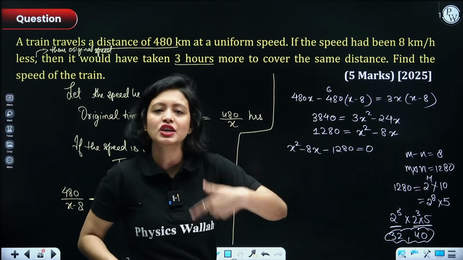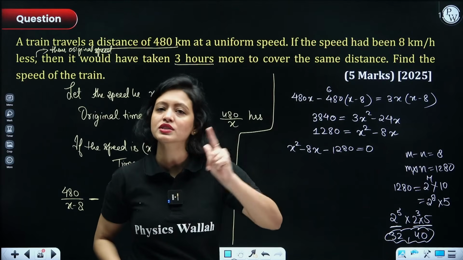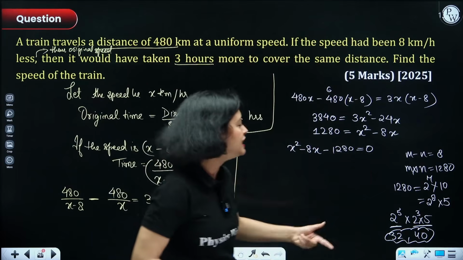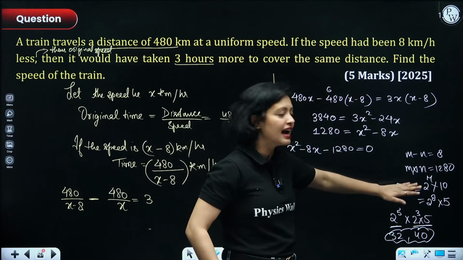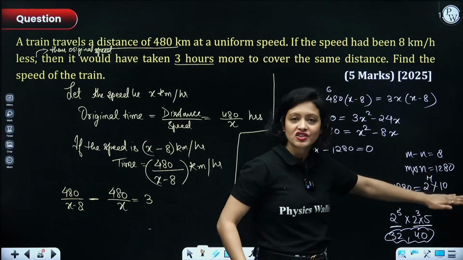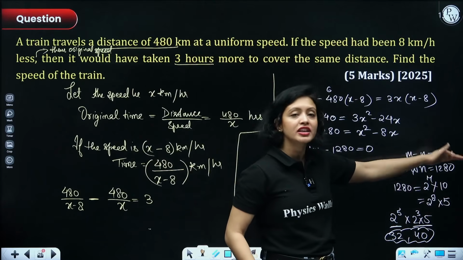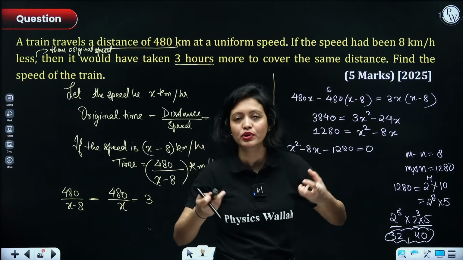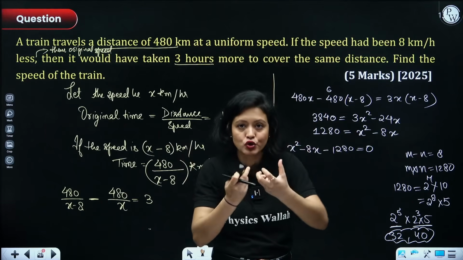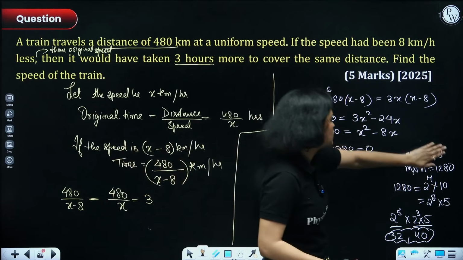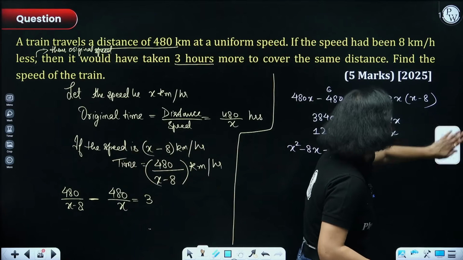I'm just asking you to think, and your thinking process could be different than mine. My thinking process is always this, that you will take the number and you will factorize it, and according to the difference or the sum, you will try to find numbers which are either close together or far apart. So 32 and 40 it is, everyone.